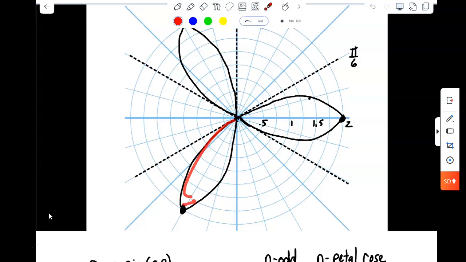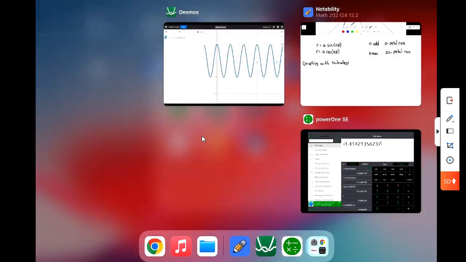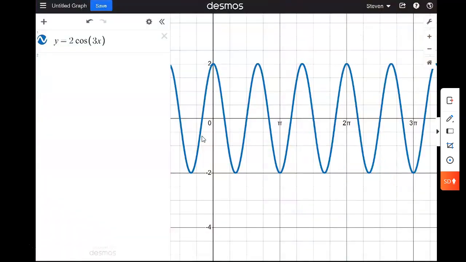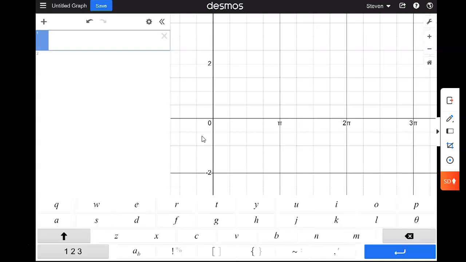Okay, so you do still need to know how to graph these by hand, and being able to graph by hand will also help you with some of the ideas of what's going on as far as slope and area later on when we get into those questions with our polar graphs. Okay, but I do want to show you now how to graph using Desmos. Desmos is a very effective way to graph polar curves. So the command to graph something in polar curves is to use the variable r